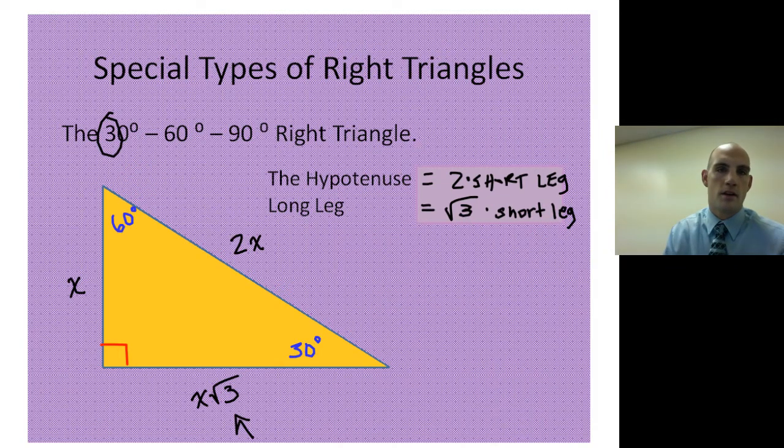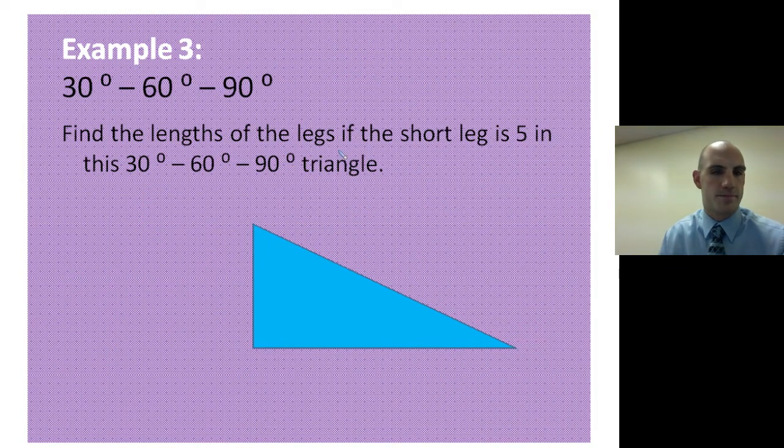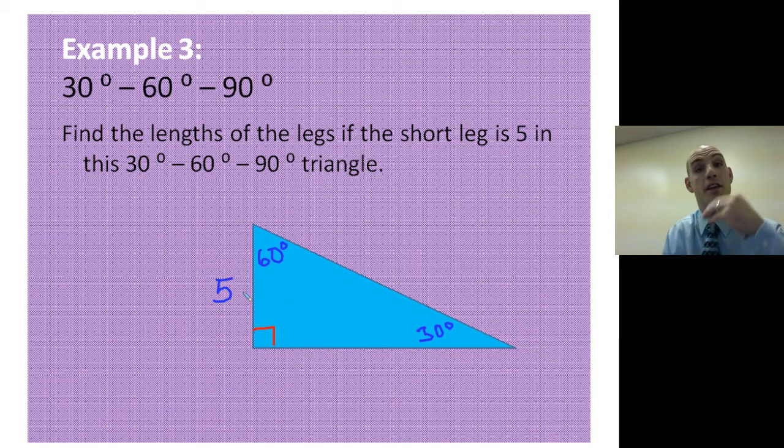Alright, let's look at this. Find the lengths of the legs if the short leg is 5 in this 30, 60, 90 degree right triangle. If I look at this, I'll just label it 30, 60, 90, and my short leg is going to be 5, and I know that it's the short leg because